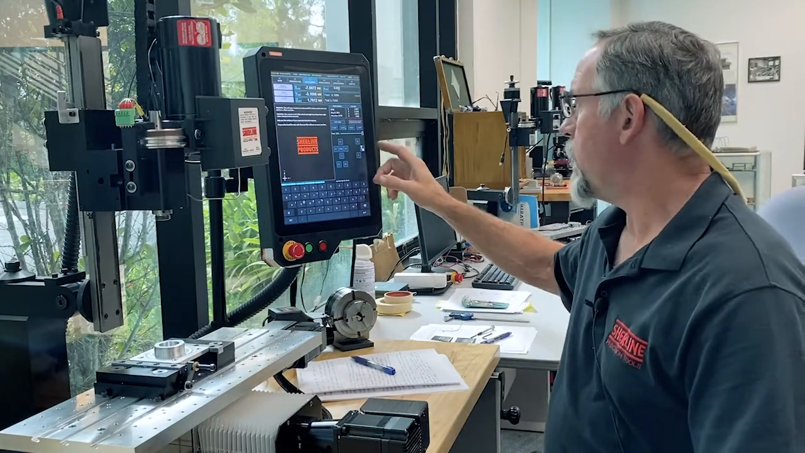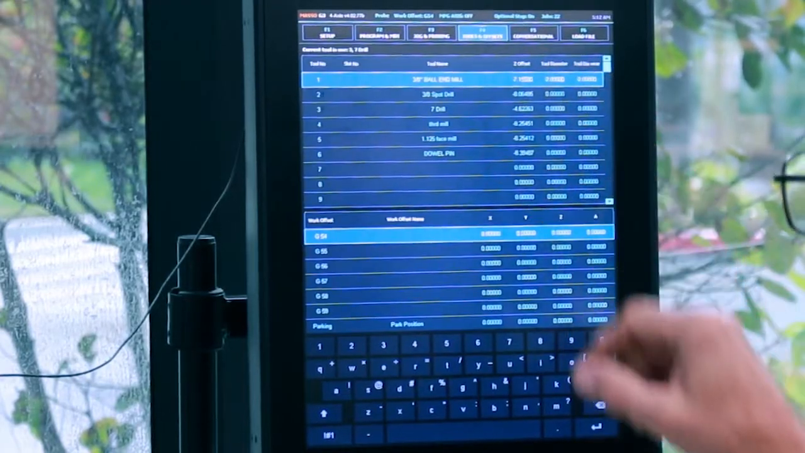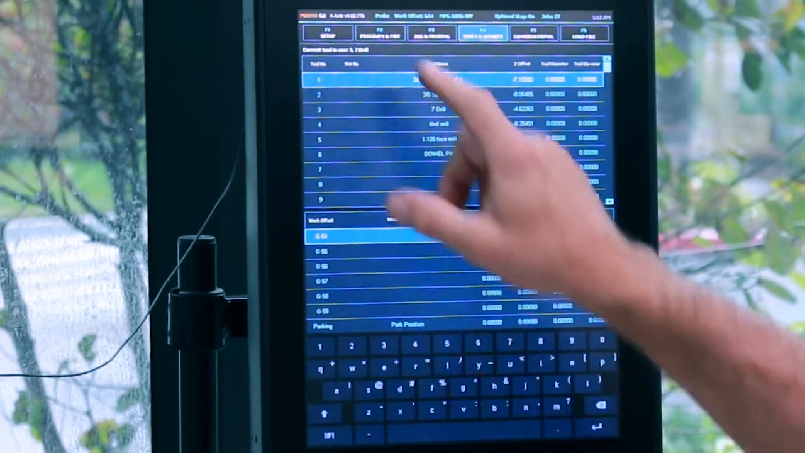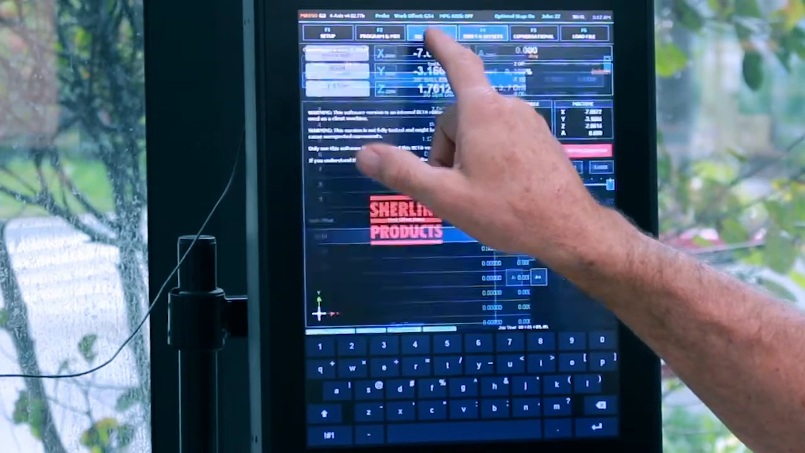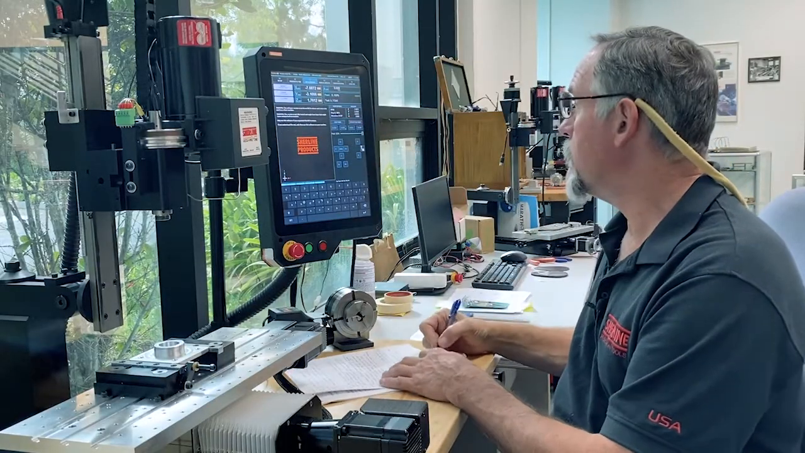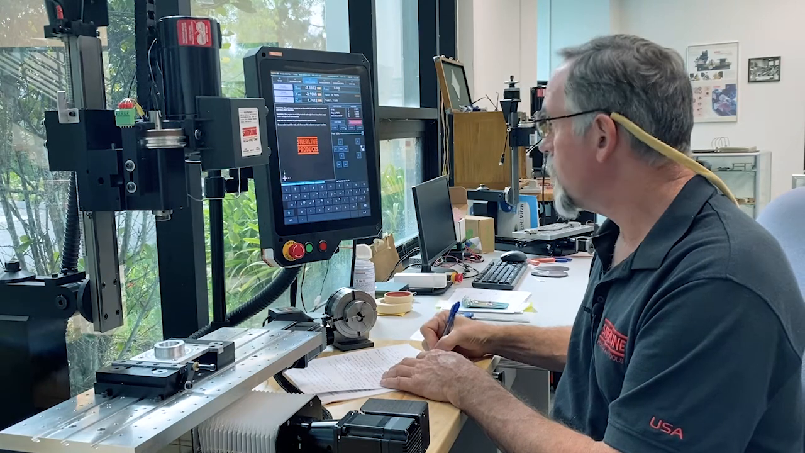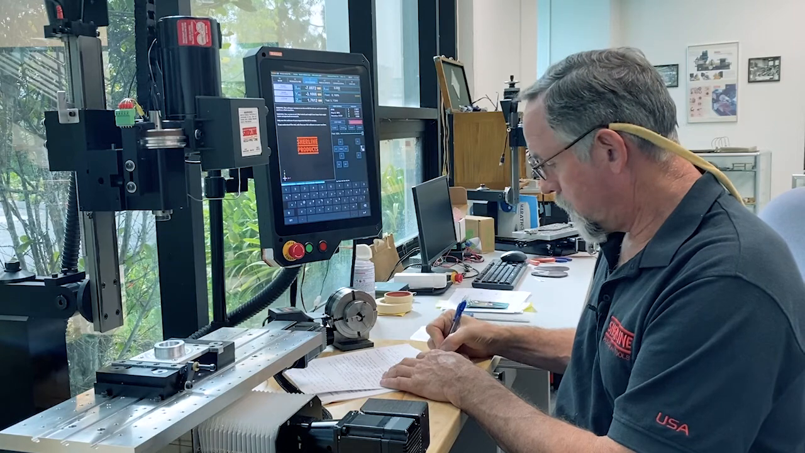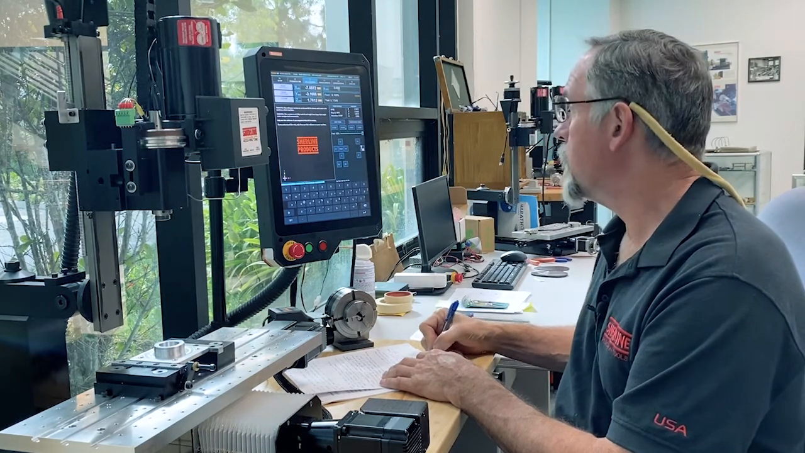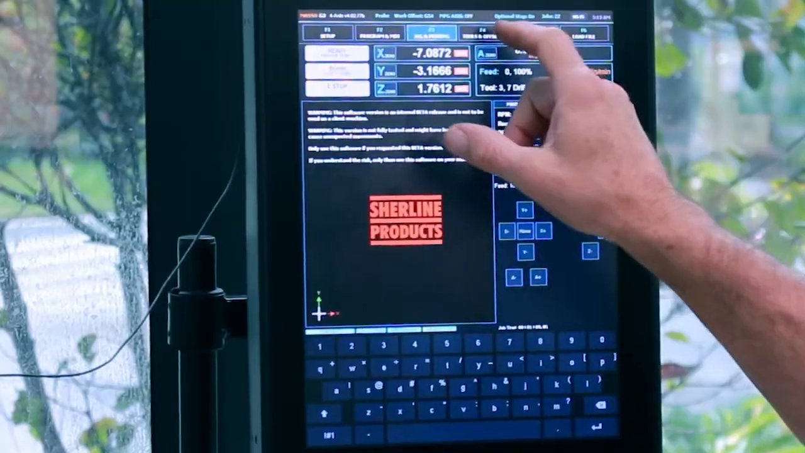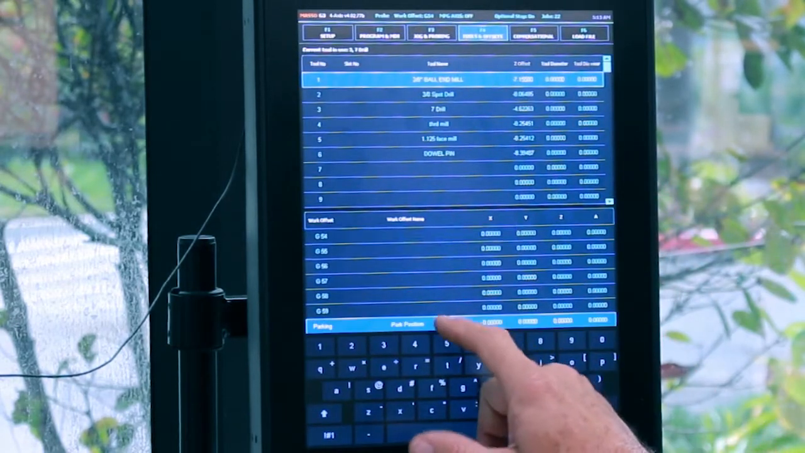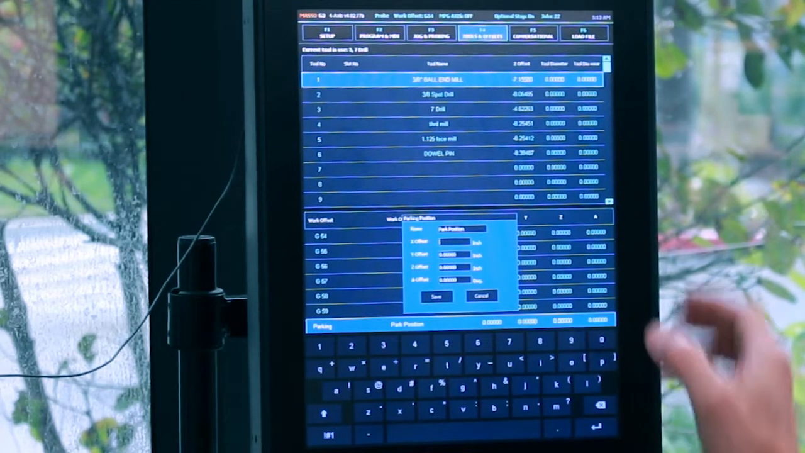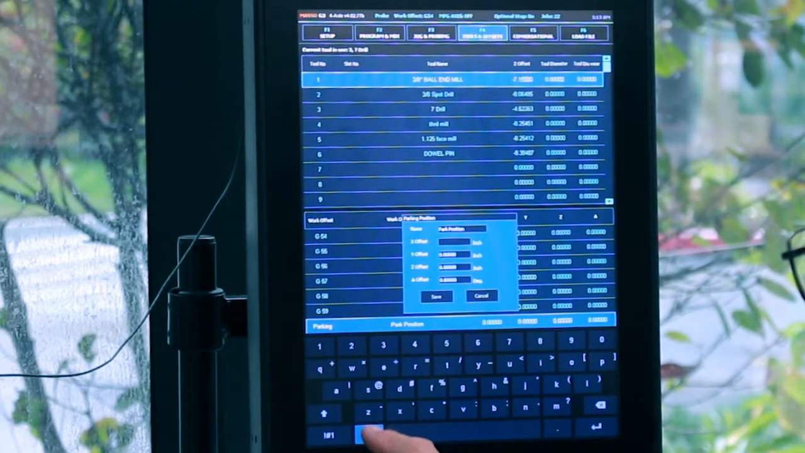Okay, so for my park position, I'm going to my tool offset page, and down here you have G54 through G59, it has park position. Okay, let me look at this one more time. I write these down. Okay, so I'm going to go back to my F4 tool page. I'm going to double click on park position, and I can put the same coordinates from my machine position in there. So minus